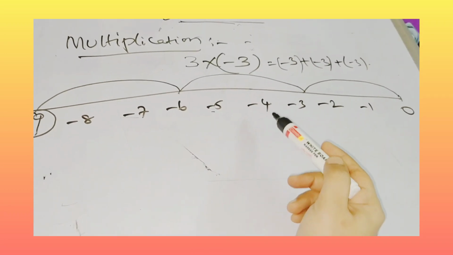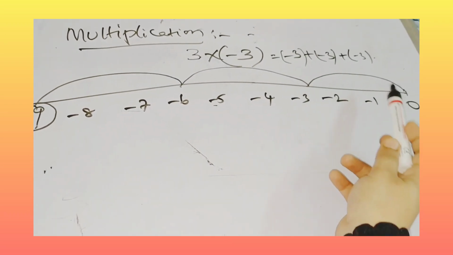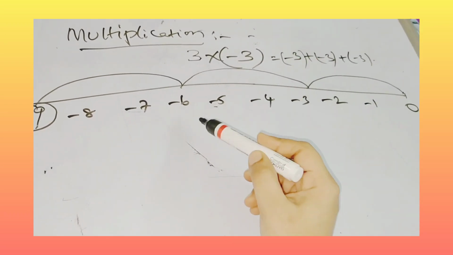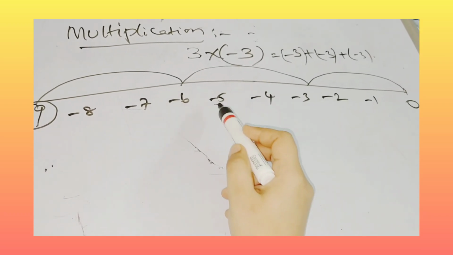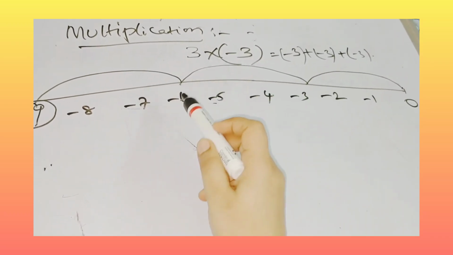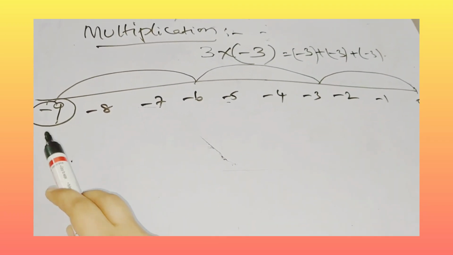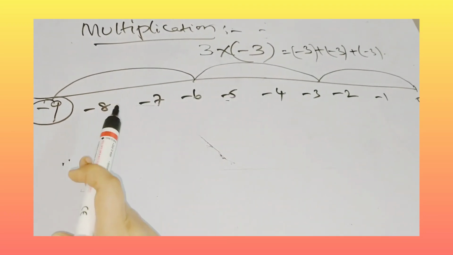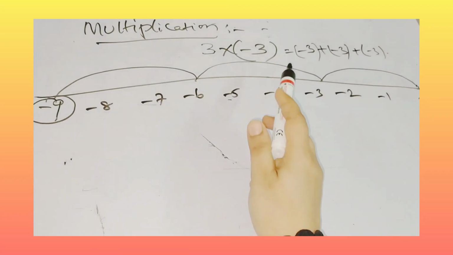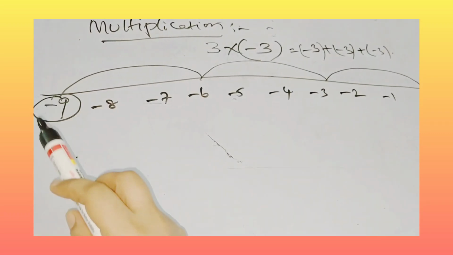Okay, then you have to move the curves from 0 to minus 3 one time. From minus 3 you have to leave this minus 3, and you have to take minus 4, minus 5 and minus 6, 3 times. Then minus 7, minus 8 and minus 9. Answer is minus 9. These minus 3 we are taking 3 times, so 3 3s are 9, plus into minus is minus. Okay, answer is minus 9 here.